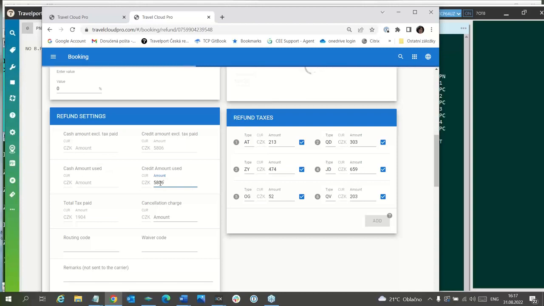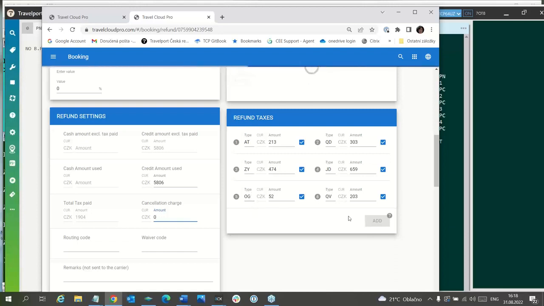Because immediately when this non-refundable ticket was sold, this amount is non-refundable. So it is the same as this amount is already used. The cancellation charge will be zero.